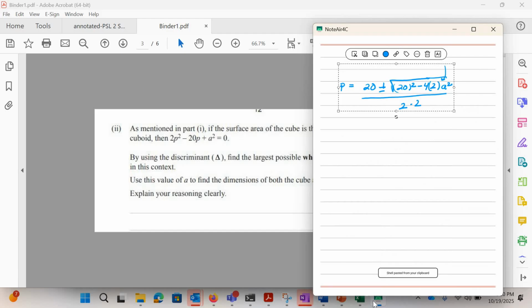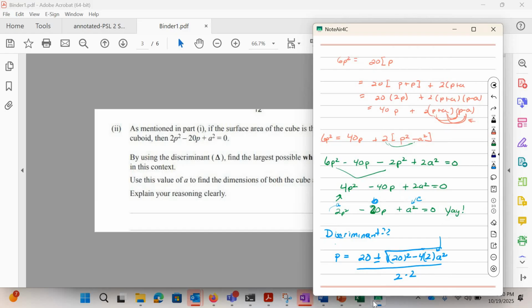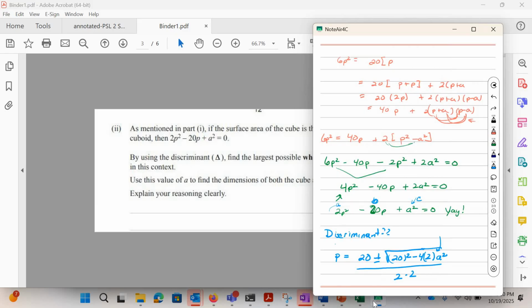If I take the discriminant, which is the inside up here, we got 20 squared minus 8a squared has to be greater than or equal to 0 for this to work out. And for that to happen, 20 squared has to be greater than or equal to 8 times a squared, which means